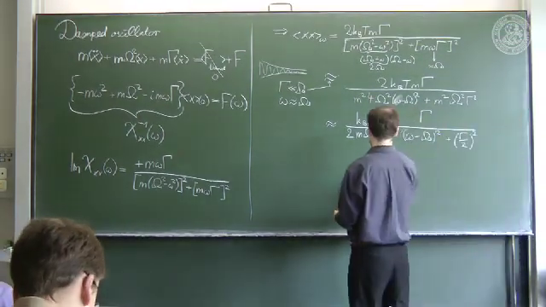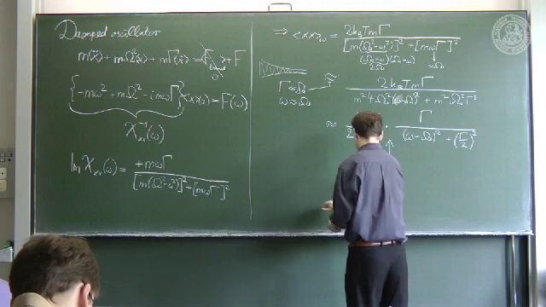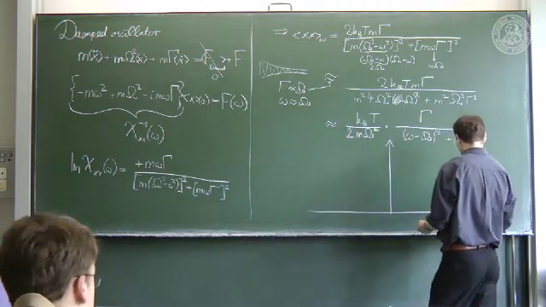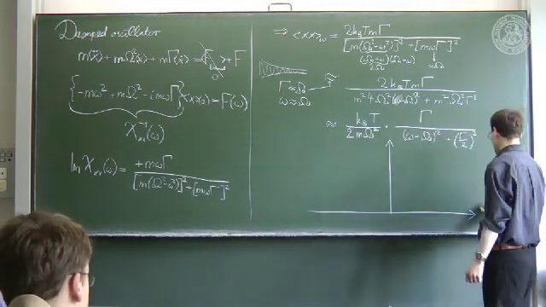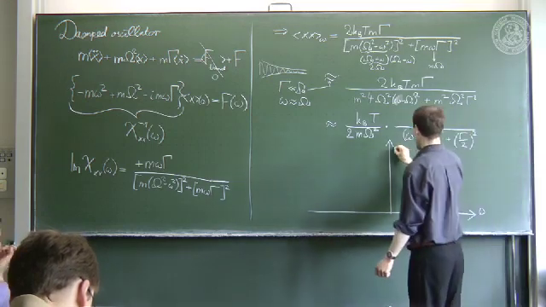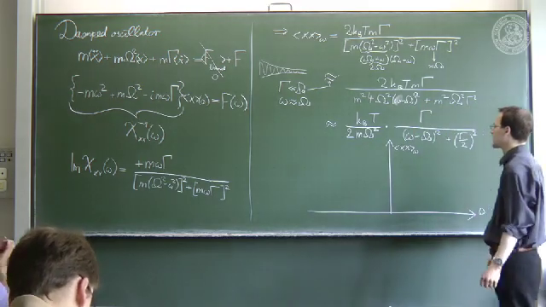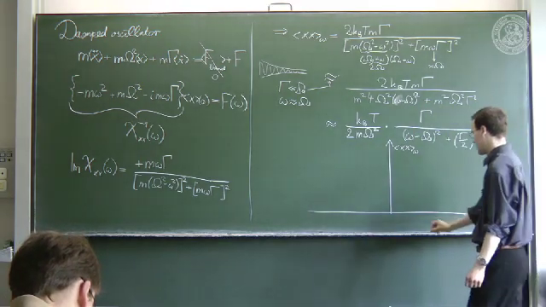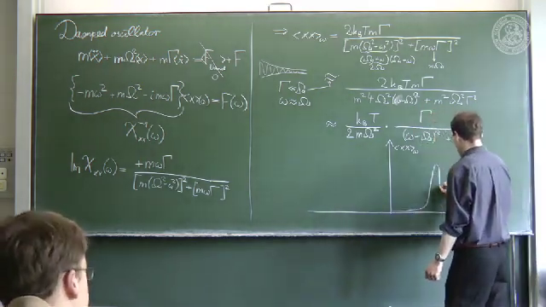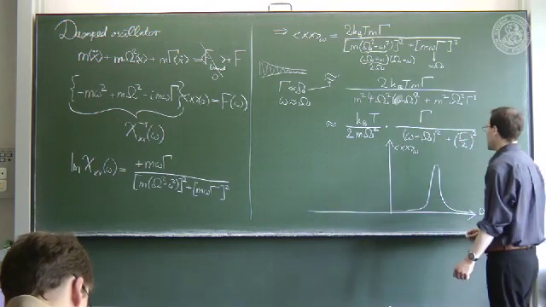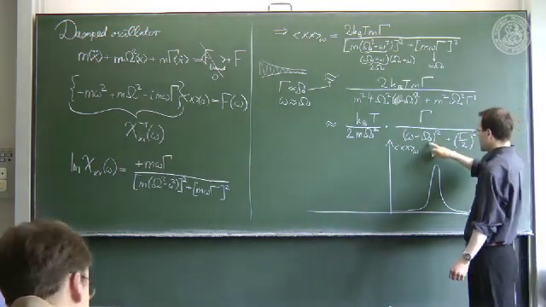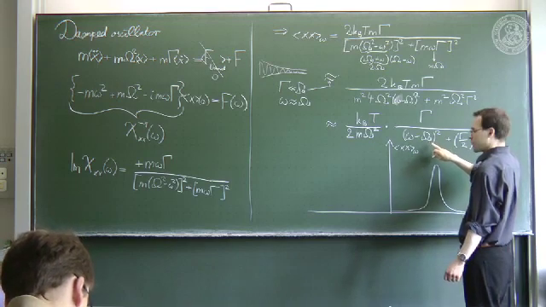And so now we can plot the spectrum and indicate the different parameters. I get a Lorentzian peak here, and if you look at this, the full width at half maximum,